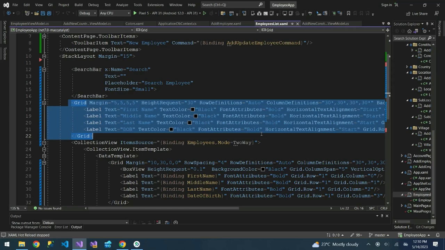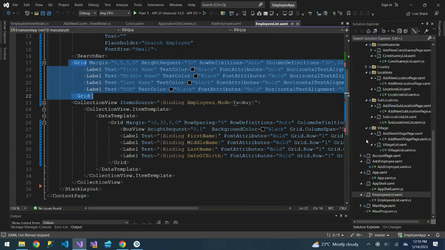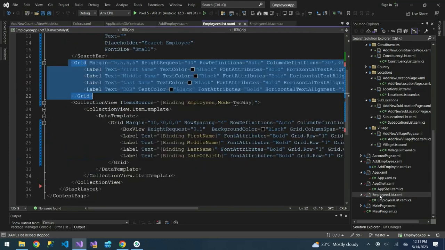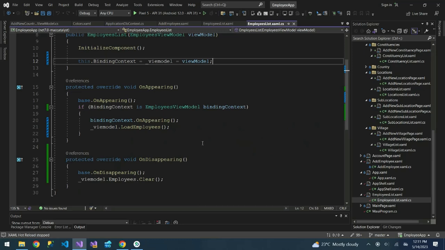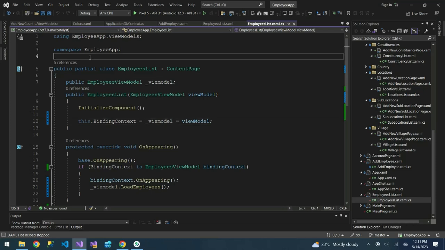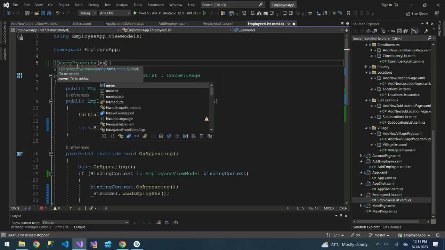But before we do that, I want us to provide a parameter, so that when we edit, we pass an employee ID so that we can get that data. So if you come to the employees list XAML.cs file, we need to show that for this list we need to be passing a parameter. At the top of the page, we need to indicate that we need a parameter. So you'll say query property, then a name of,